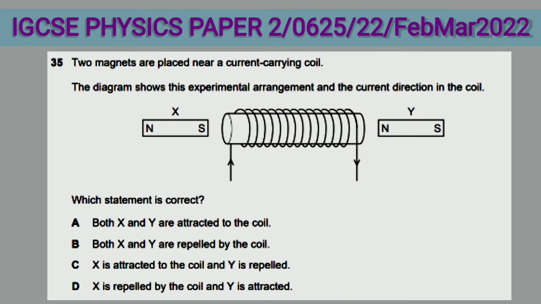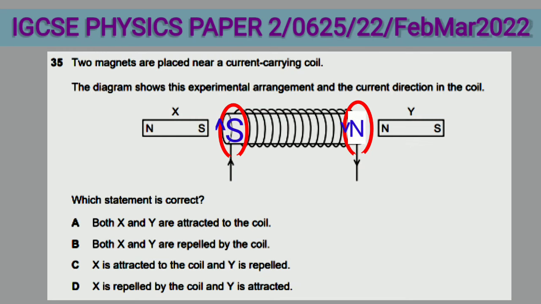Question 35. Two magnets are placed near a current carrying coil. The diagram shows this experimental arrangement and current direction in the coil. Which statement is correct? Ends here will develop polarity depending on direction of current. If current is in clockwise direction, it will be south pole, and if that current direction is anti-clockwise, it will